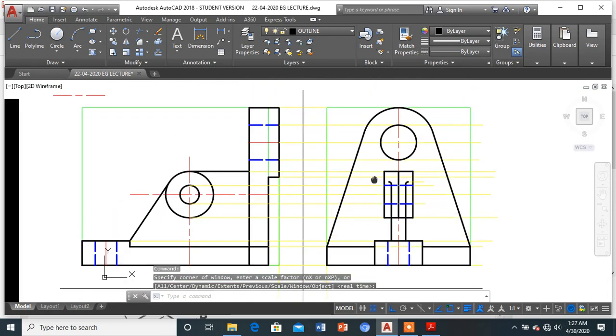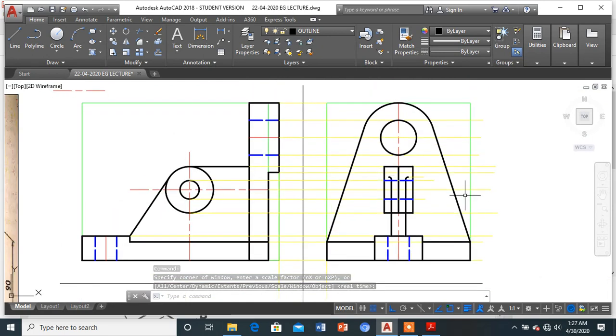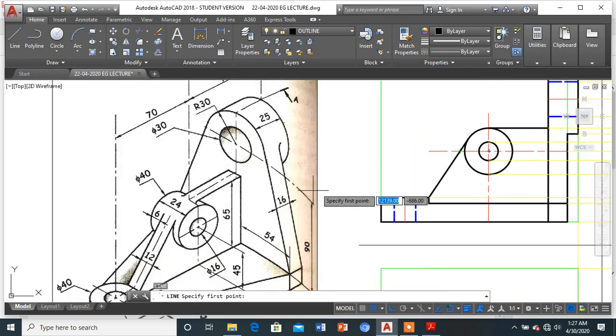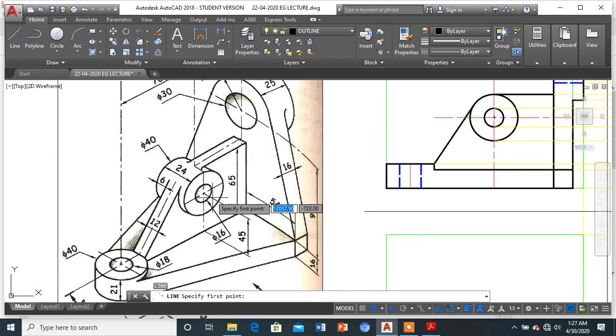Okay, so as we are done over here, let us draw some of the edges which will be hidden. Since this particular line, as you can see in the view, this edge is present prominently over here, on the other side it will be there. That is why beyond this particular cylinder it will be hidden, and even these edges, so it will be hidden till this rib. So how do we draw that?